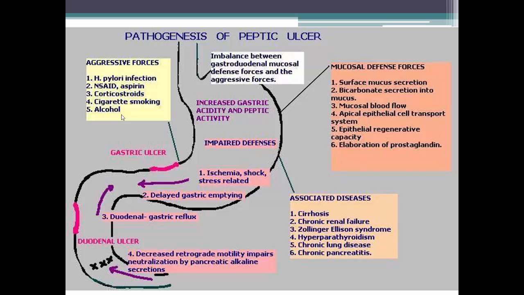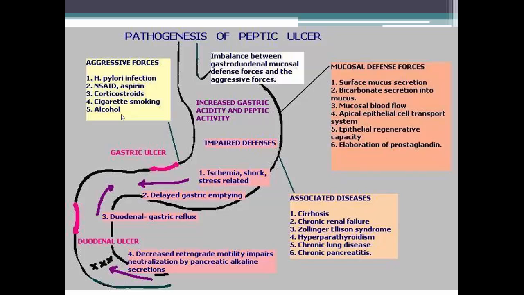Other factors could be related to ischemia. Patients are hypotensive, that you produce vasoconstriction by either the disease process or by giving high doses of vasopressor support. That could induce a stress related